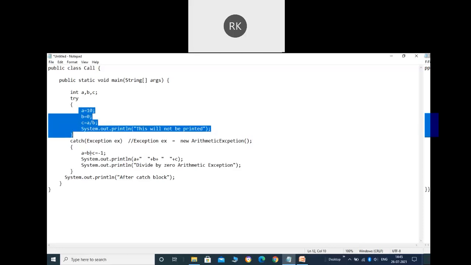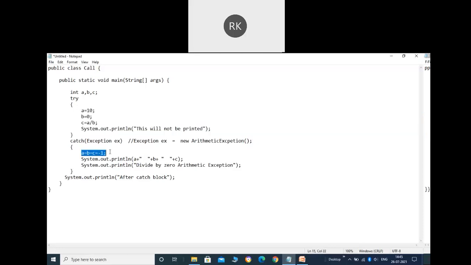Let's suppose there is an exception. What we are doing here is setting the value of ABC to -1 and printing it. In the next line, I'm also printing divided by 0 arithmetic. Finally, after the catch block, this will be run. So first this line of code will execute, then this one, up to this there will be no exception.